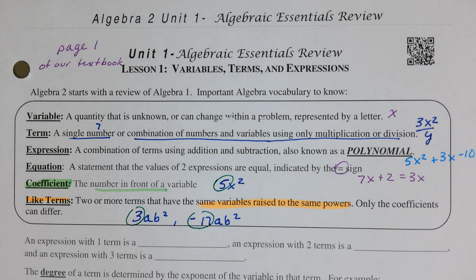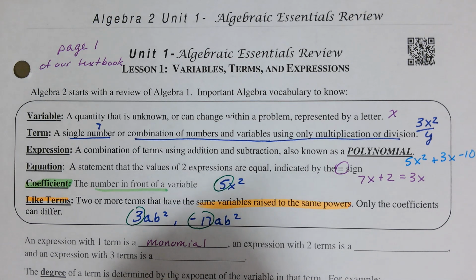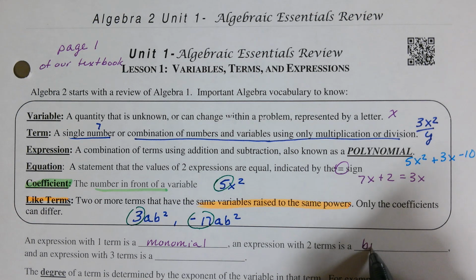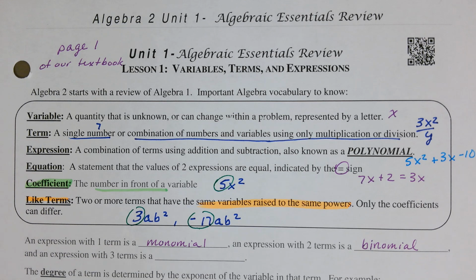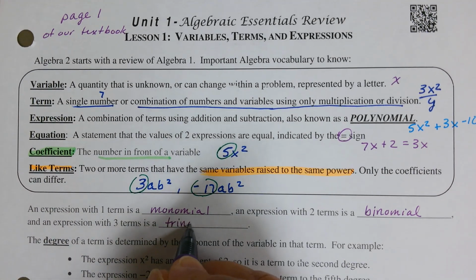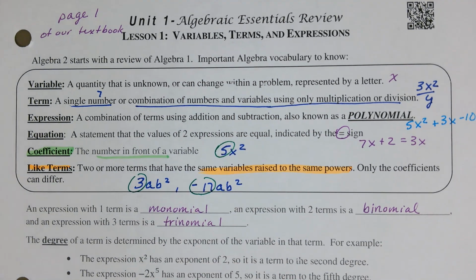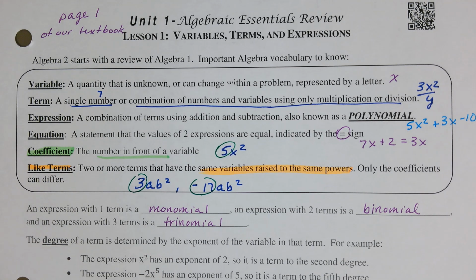An expression with one term is a monomial. An expression with two terms is a binomial. And an expression with three terms is a trinomial. Hopefully you recall these terms: monomial, binomial, trinomial. The degree of a term